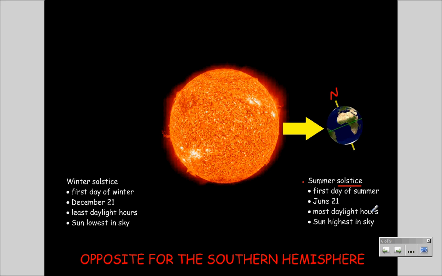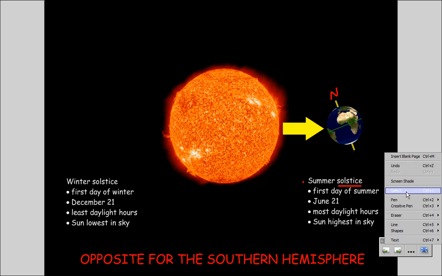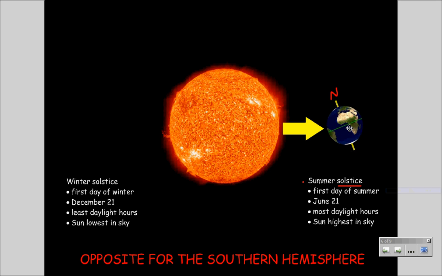It's the day that has the most daylight hours, meaning the sun will stay up in the sky longer than any other day. The sun will also rise highest in the sky. So the first day of summer is when the northern hemisphere is tilted more towards the sun than any other day of the year. Now, as the Earth orbits,